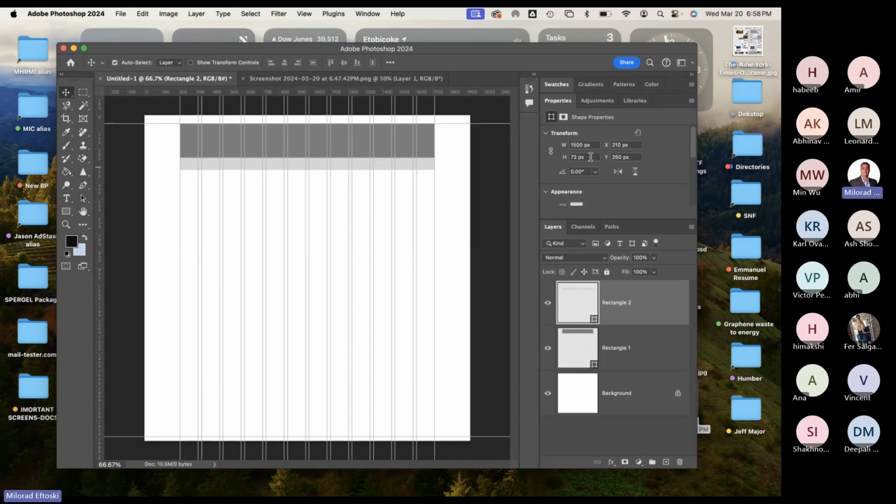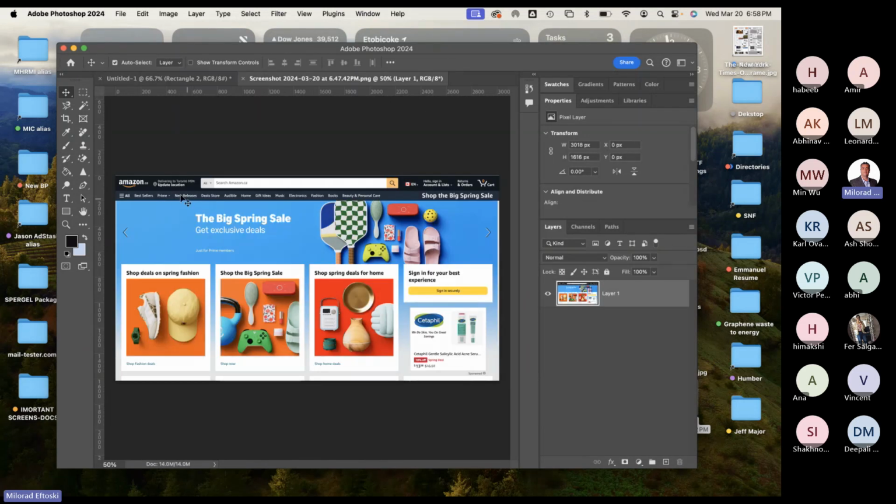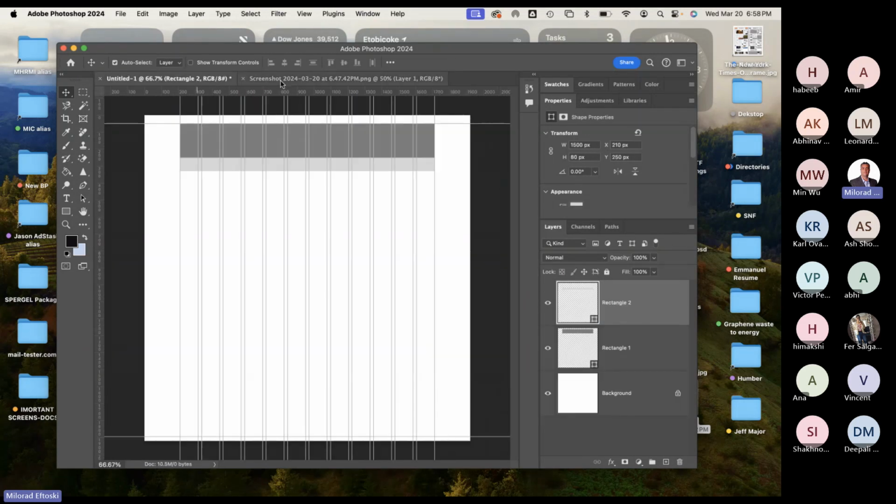The width is 1500. The height, perhaps I want to make it 80 pixels. I like to use even numbers. I'm not going to make it like 83. Like, how do you work with that? And I don't want to have to do any weird math. I want to keep even numbers like fives and tens and 20s. So I like to keep it simple. All right, so I do have some kind of a menu,